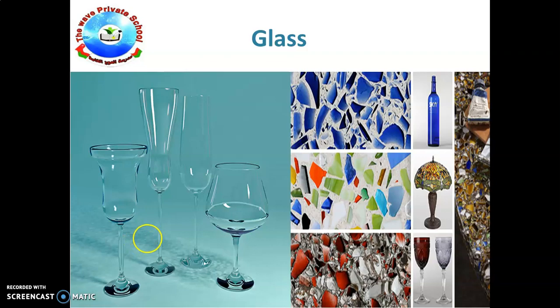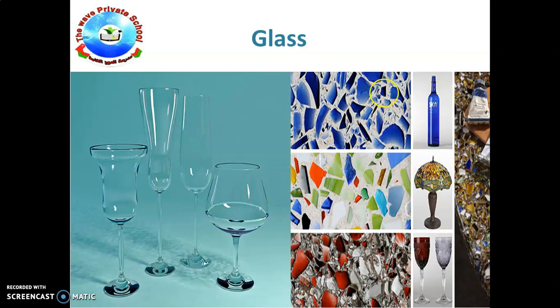And if we compare it to plastic, glass is better than plastic, because plastic cannot be broken down easily, and it is causing more problems with disposal and litter. But for glass it is not like that. If we see the properties of glass, it is transparent or translucent. It is hard and very brittle. It can be colored, and if it is broken, we can use it in the recycling process.